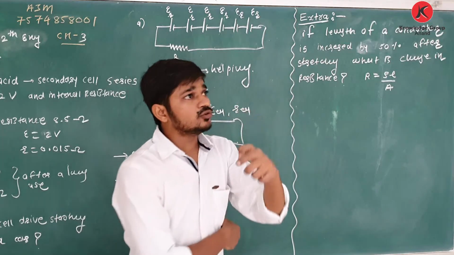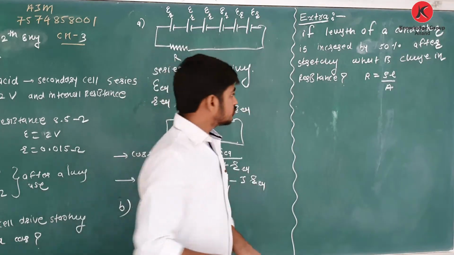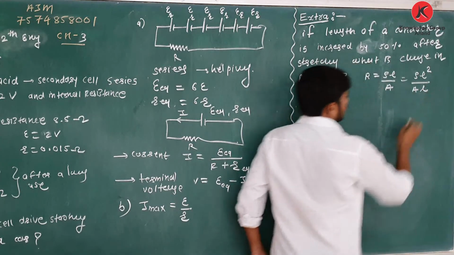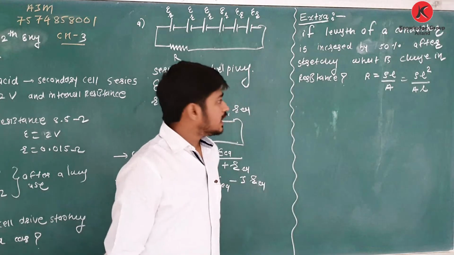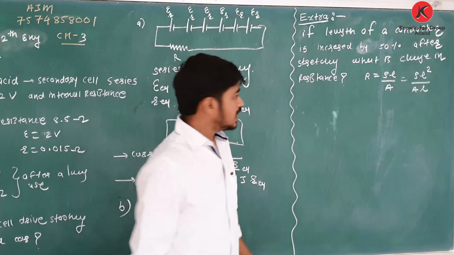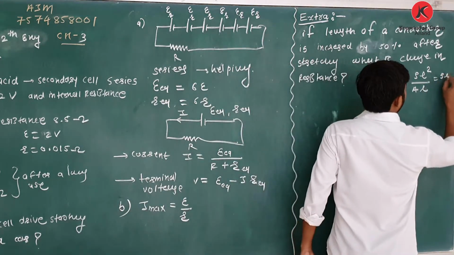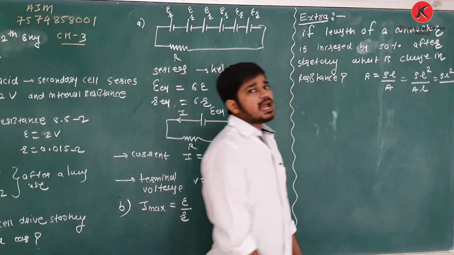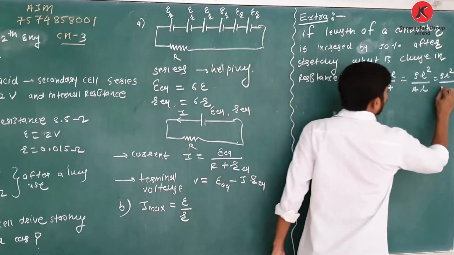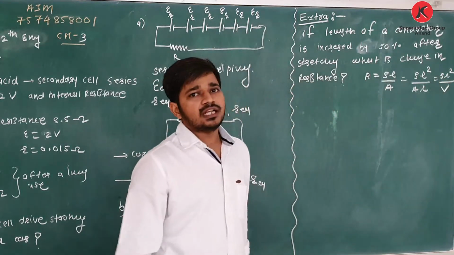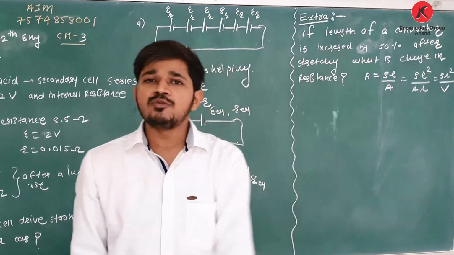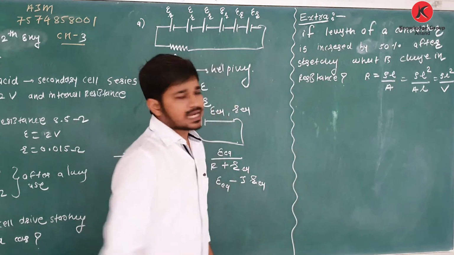Just stretching, I told you, in stretching process, volume remains same. See, I can write this equation as rho L square upon AL. Yes or no? Multiply L in numerator and in denominator. So R is equal to rho L square upon AL. A cross-sectional area, L length, you know that cross-sectional area into length is called volume. Rho resistivity, material is same, then resistivity will be same. After stretching or compression process, volume remains same. So yes, here I can write